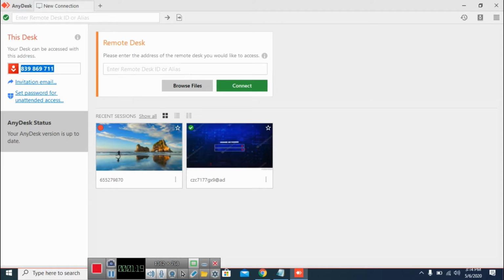This is very important. If you are installing AnyDesk on your office system, you should note this ID, and you can note it on your mobile phone or take a picture. Okay, you can note this ID. Then we can install the software for AnyDesk.